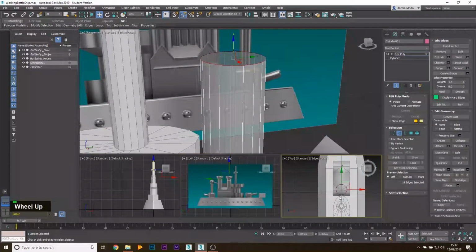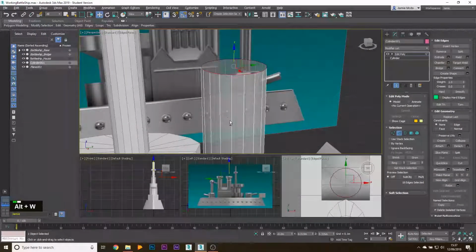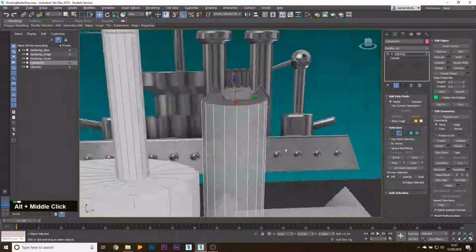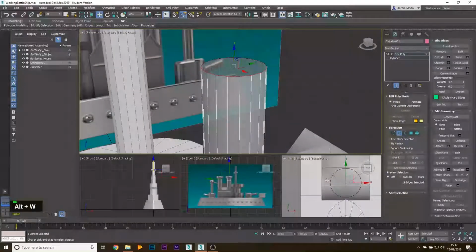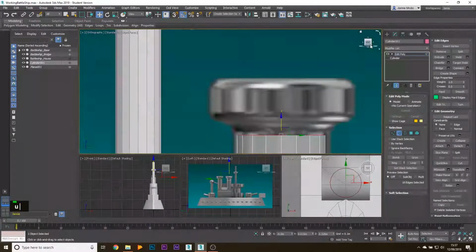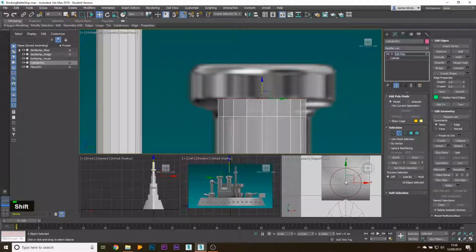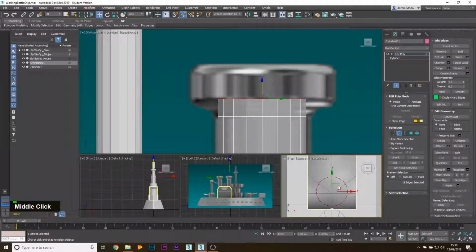You could have done all this just from the top viewpoint here. I often end up actually just using one viewport space, to be honest, but some people like to go back and forth between them. Okay, so now I'm going to go to the right side, back into this view, put it roughly in place, hold shift, bring it up, and now I'm going to go back to this viewport, middle clicking on it to set focus,